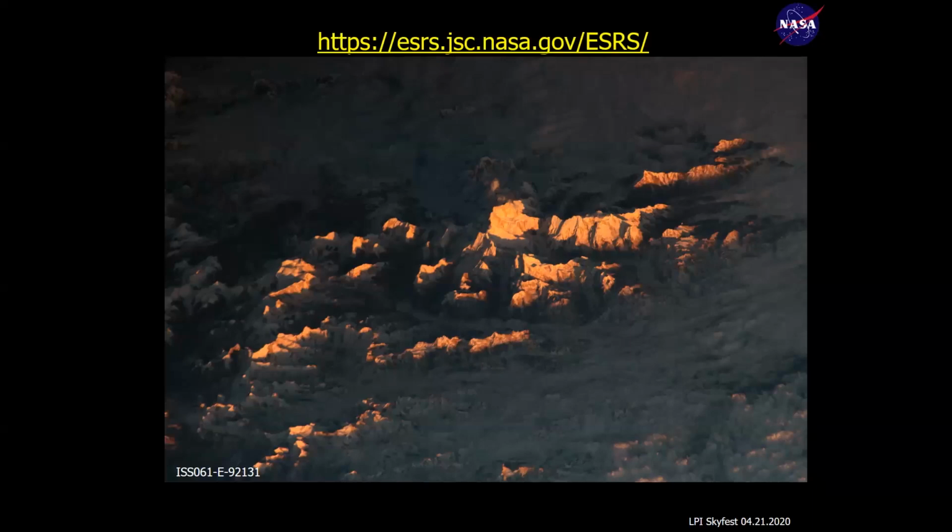Next question is, the image that you have on the screen, what is this? That's an excellent question. It's a recent image. What you're looking at are part of the Himalaya range in Nepal. This was taken in early morning, so you're seeing early morning light just starting to hit the faces of the Himalaya mountain range. And this is one of the kinds of images that the astronauts can collect from the International Space Station